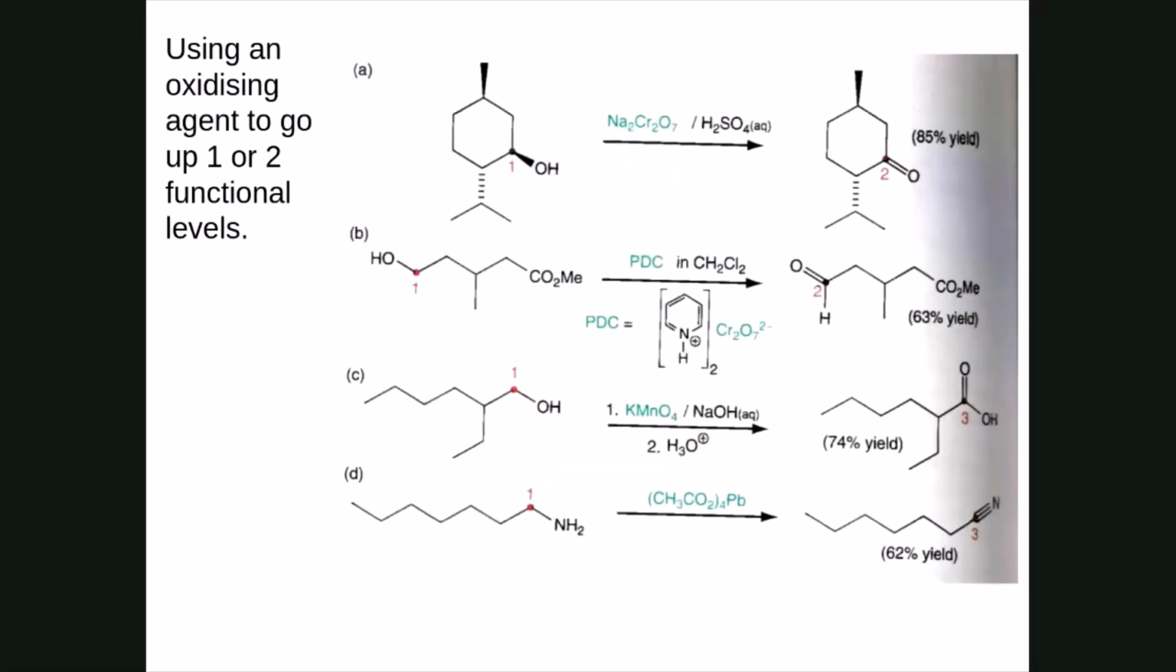And this is an example of how we can use oxidizing agents to go up 1 or 2 functional levels. And you've got here, for example, potassium dichromate, we've got potassium permanganate. Some of them are quite common oxidizing agents, others like PCC perhaps are less common. And as you see in all these examples, we are moving either 1 or 2 levels by means of